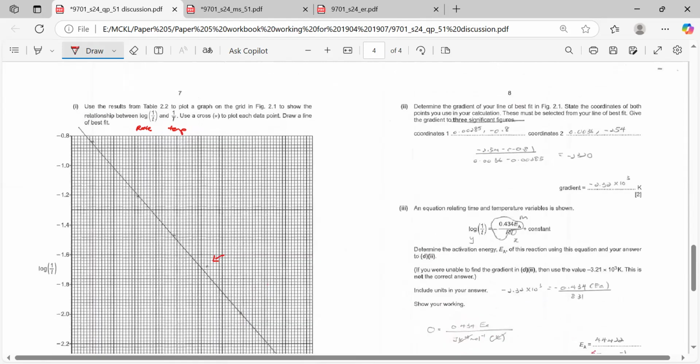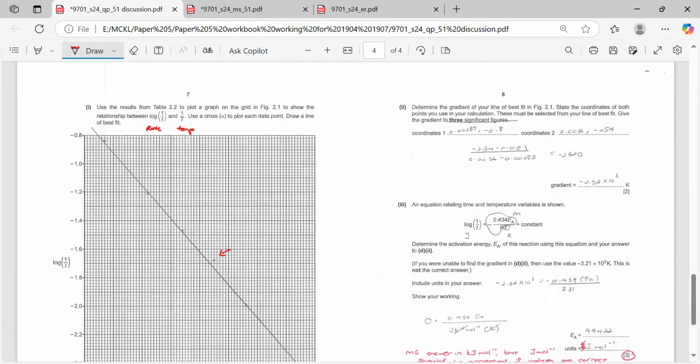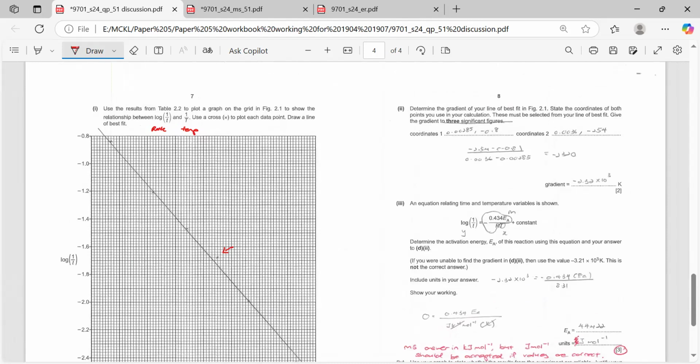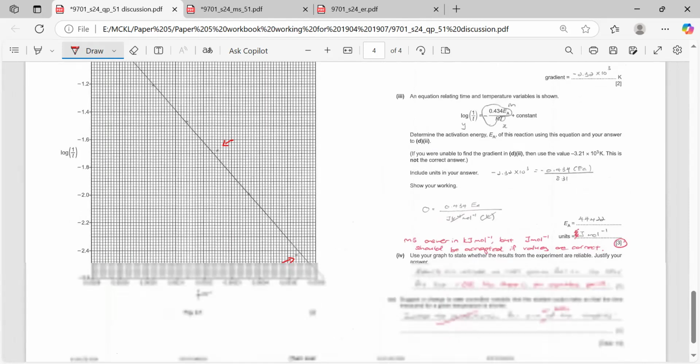Now, determine the gradient of your best fit line and state the coordinates of both points you use in your calculation. These must be selected from your line of best fit and give the gradient to 3 significant figures. When you select coordinates, please select 2 coordinates that are as far apart as possible. So what is the boundary? Try not to choose 2 coordinates that cover 50% or less of the grid. So for example, let me plot for you where the 2 coordinates I have selected are. I think I selected